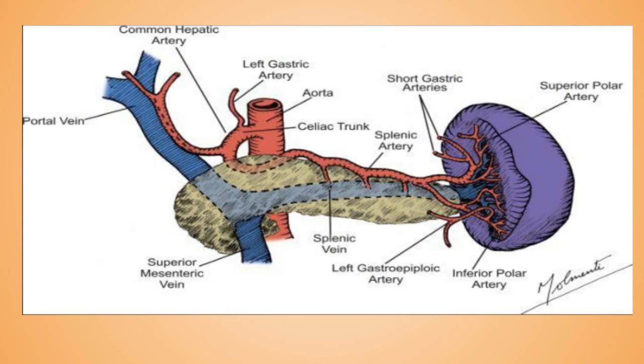Now, each segment may be subdivided into 1 to 2 disc-like middle segments and a cap-like pole segment. Apart from its terminal branches, the splenic artery also gives off 3 more branches, that is the numerous branches to the pancreas, 5 to 7 short gastric branches and the left gastroepiploic artery. Also for the venous drainage, the splenic vein is formed at the hilum of the spleen.